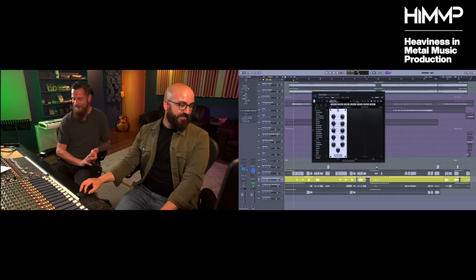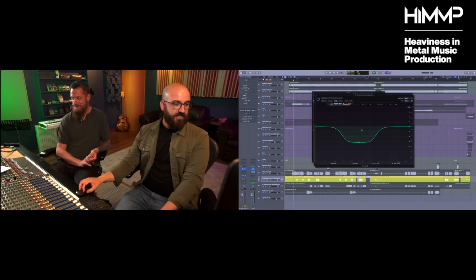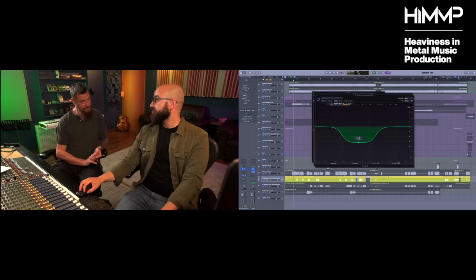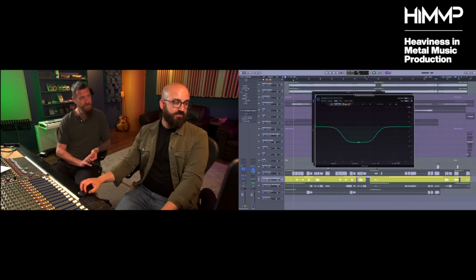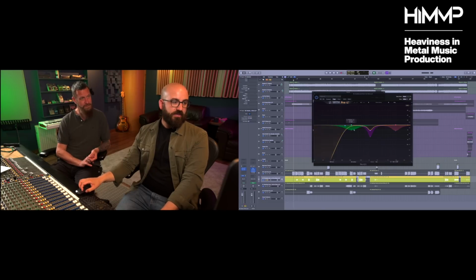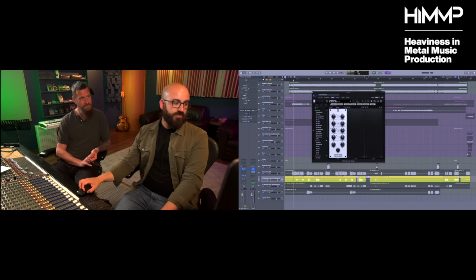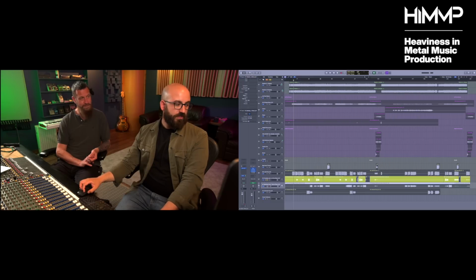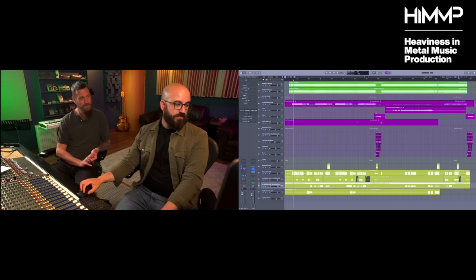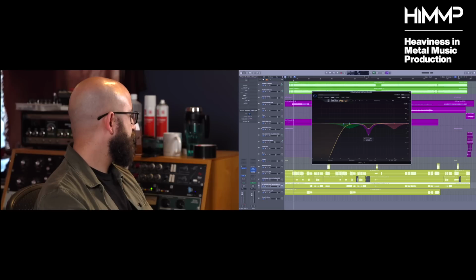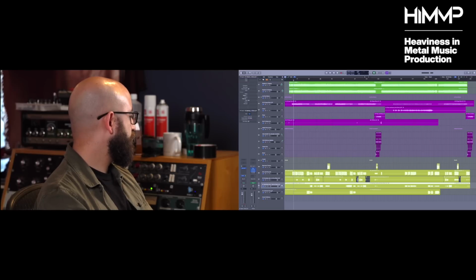Yeah. The doubles and stuff have... I've actually done a big mid cut only on the vocal doubles. Making some space in there, but that's following up what looks to be pretty much a duplicate of the same EQ that was on the lead vocal. And same on the backing, so I've duplicated that same processing across all.